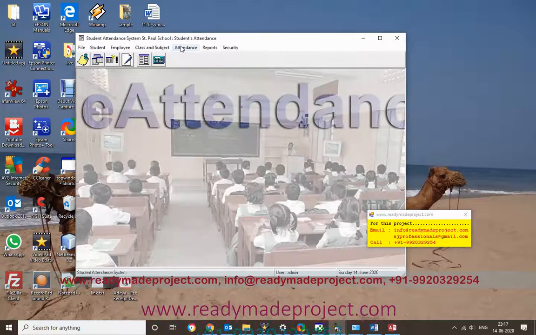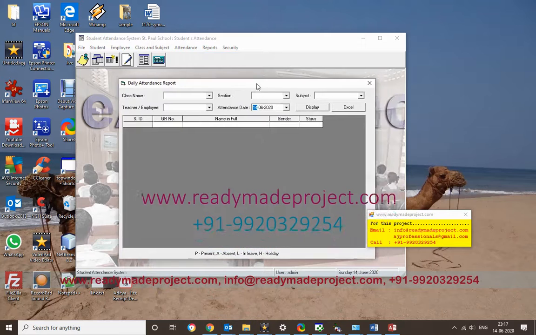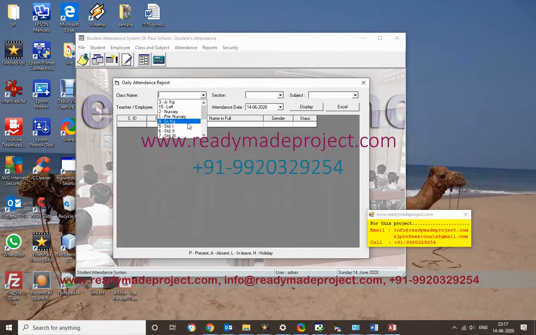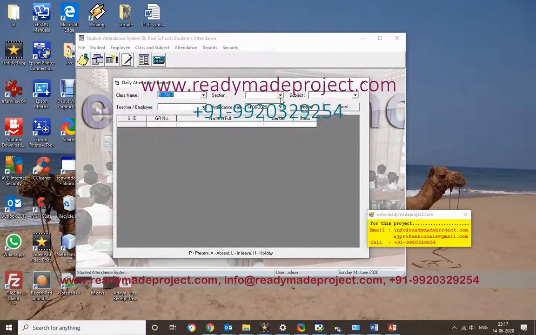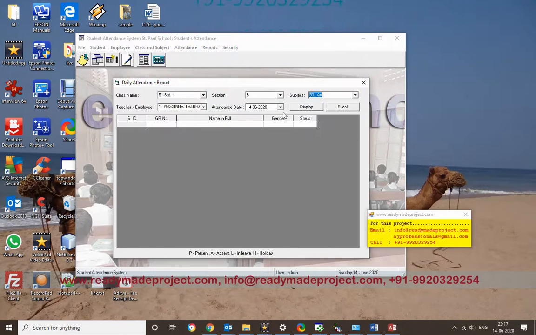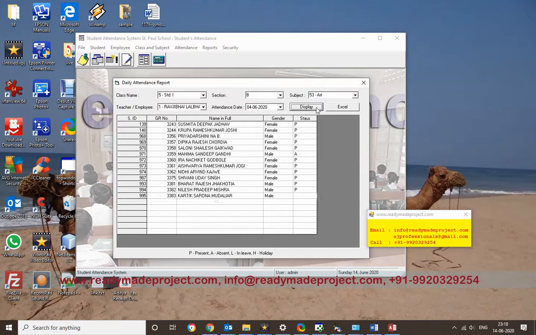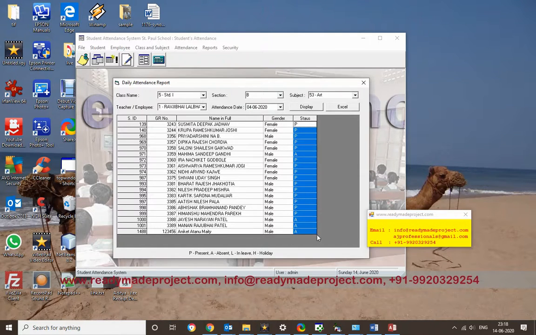Once you have done this, you can generate the daily attendance report. You just select the class name, section, and subject. I want to generate the report of the 4th, which I have marked. It will display. Now I want to generate for the 5th.